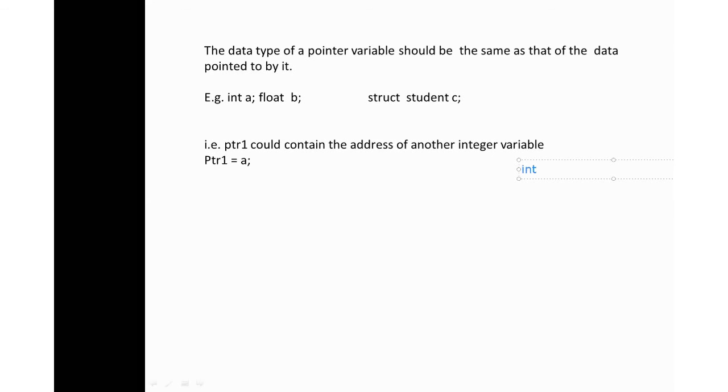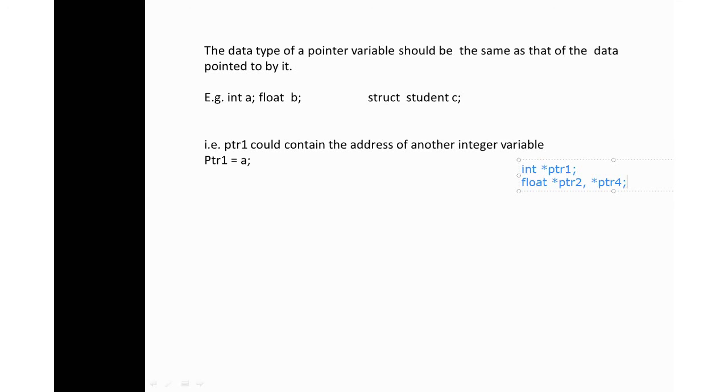Always everything will be in small letters, okay? Int star PTR1. This is your integer pointer variable. So here int a is declared. So to the pointer variable PTR1, you can assign only an integer variable. Then we went on to declare float star PTR2, comma, star PTR4. These two variables we have declared.